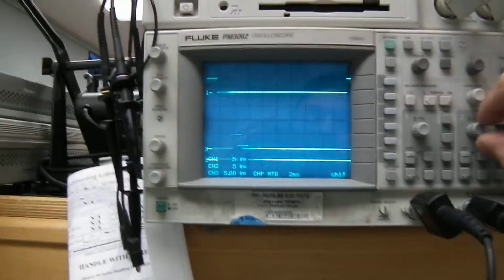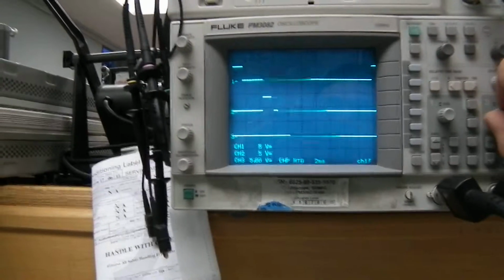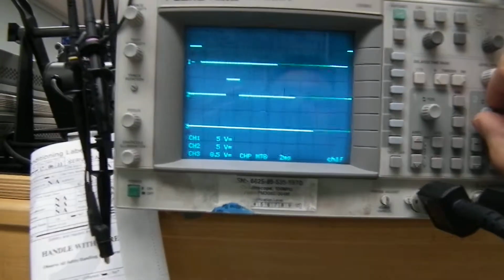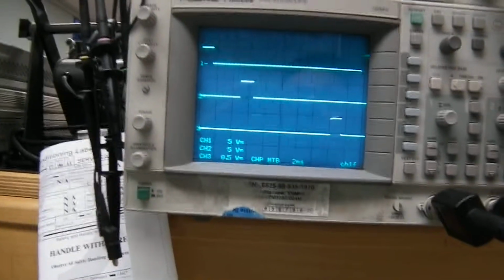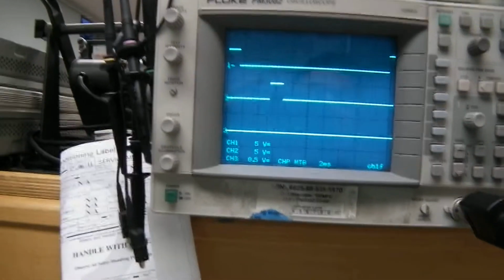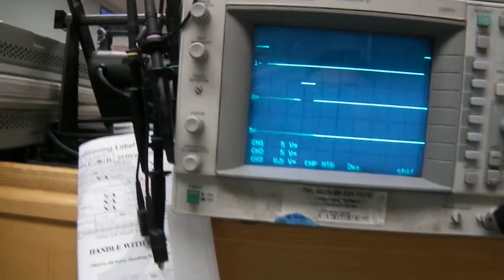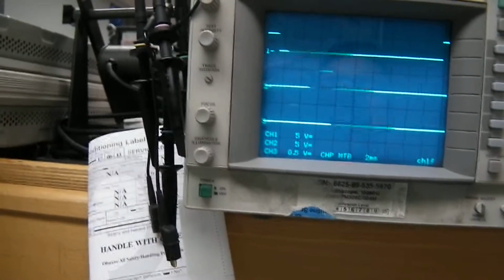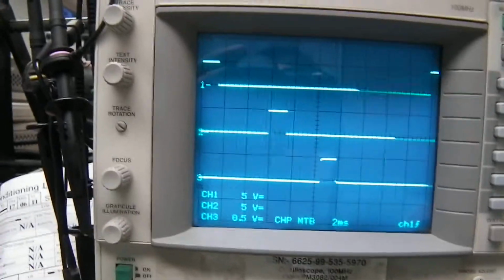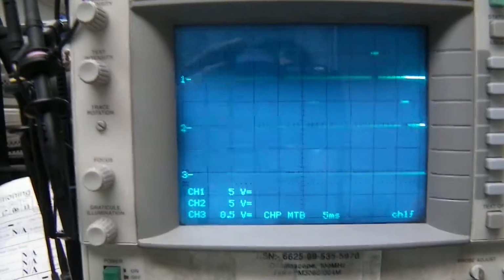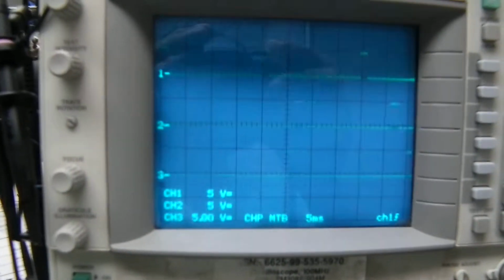So the top waveform is the platform angle, the middle waveform is the set point for the camera gimbal, and the waveform at the bottom, as you can see, is the corrective signal which is fed to the camera gimbal, and that's the output or the product of the mixer process. So if we just alter the time base there, you can see that all three waveforms